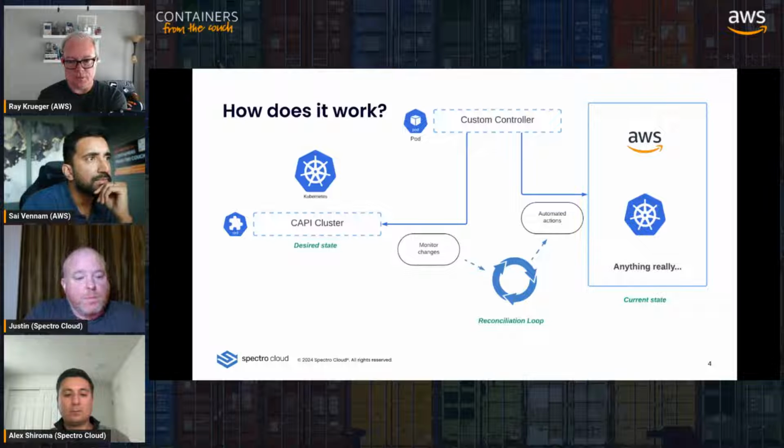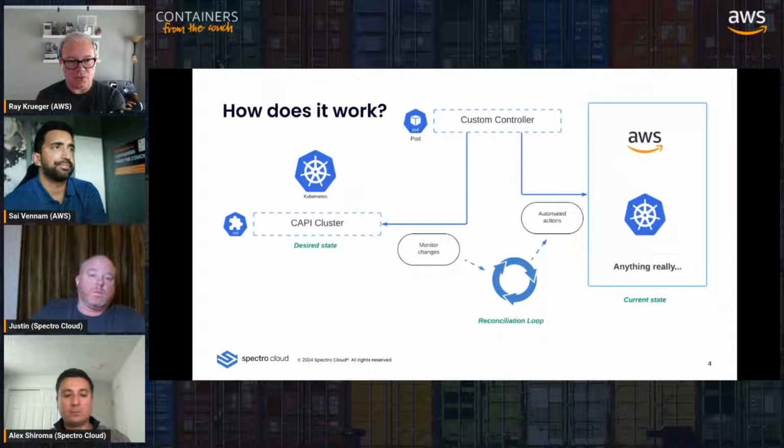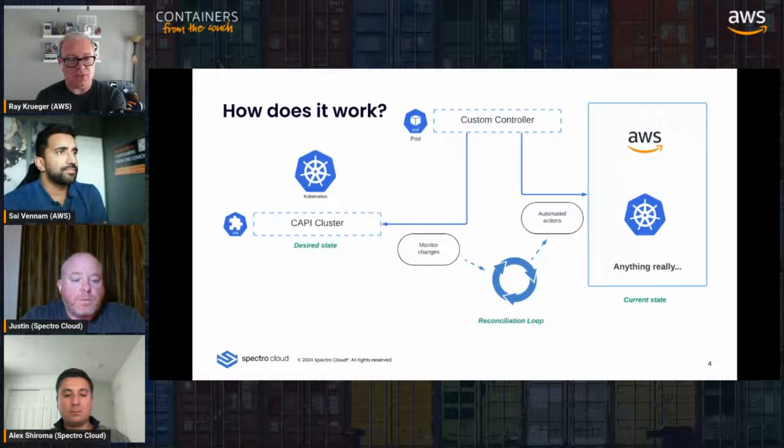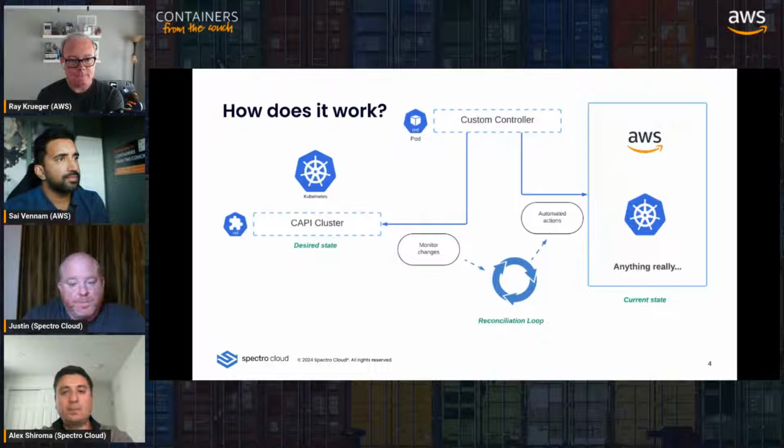So that sort of gets you to the next step, right? We use CAPI, we use Cluster API to create clusters, but then there's usually a bunch of stuff we want to install kind of after the fact, and you all cover that with packs, it sounds like. Correct. Got it.